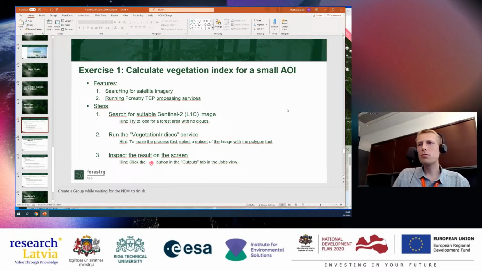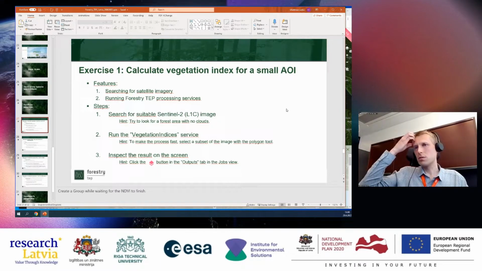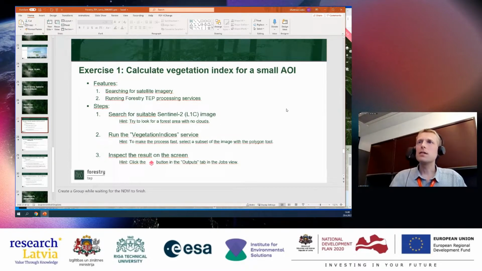So we will do it in 3 steps, basically. We search a suitable Sentinel-2 image. In this case, it needs to be level 1C because this service eats level 1C data. You can choose some forested area perhaps, or up to you. And then we run the vegetation indices service and we see the results on the screen.